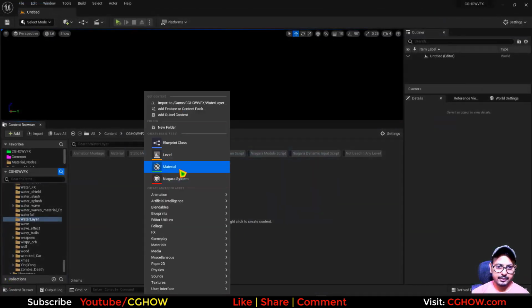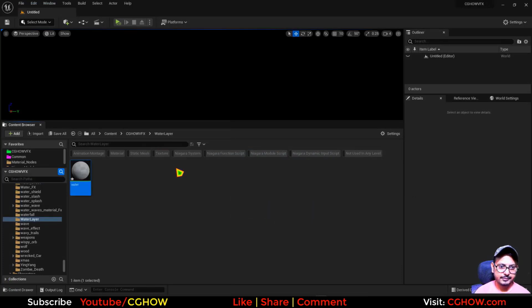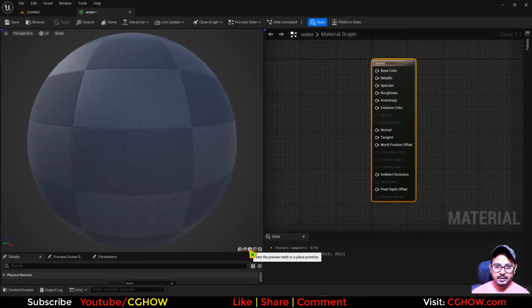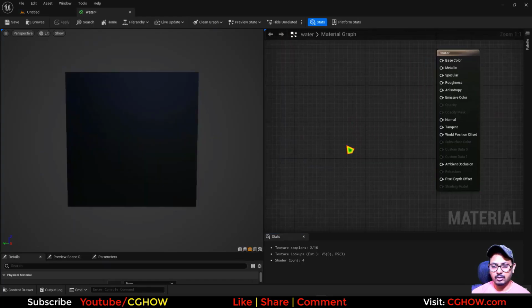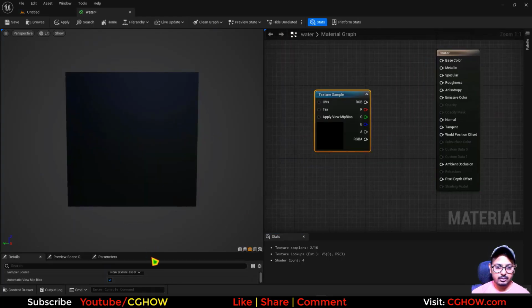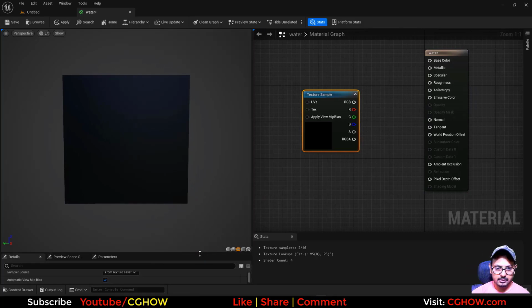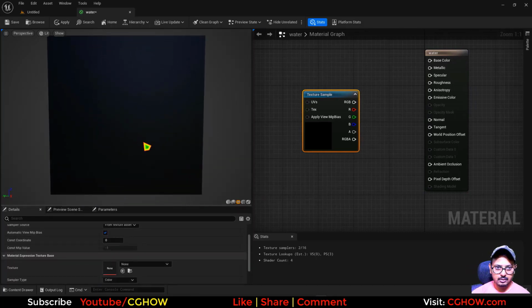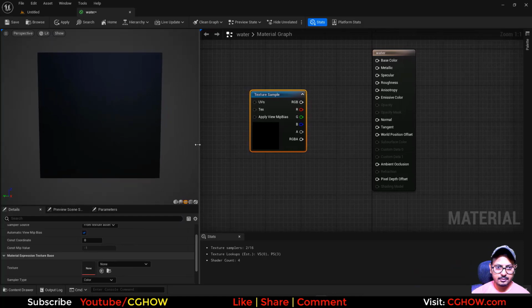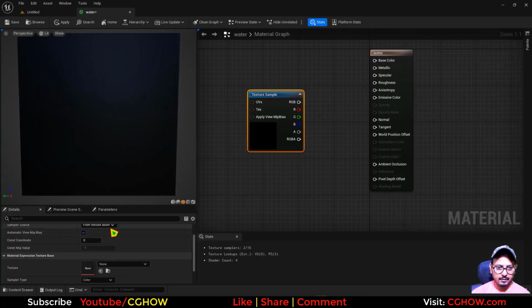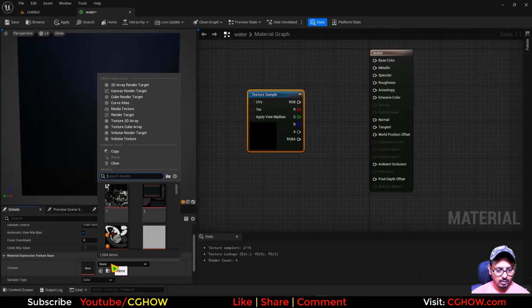So let's create a material. Basically, if you have any texture, like you have this, let me make some space. You have this aura,